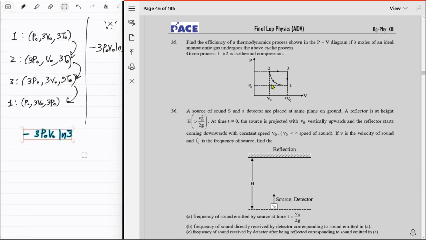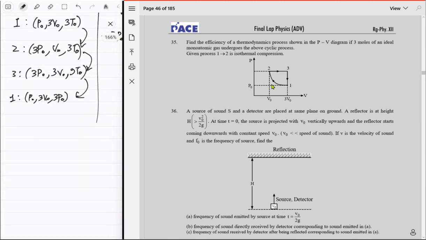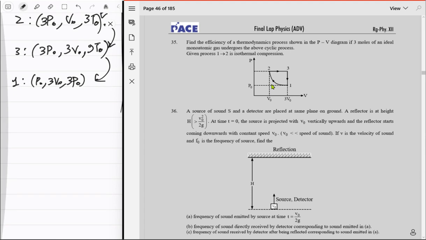सो सेकंड में क्या हो रहा है? इट्स लाइक गोइंग फ्रॉम, अच्छा, सेम प्रेशर, जस्ट गोइंग फ्रॉम V naught to 3 V naught, जो भी है. सो व्हाट्स द वर्क, इसमें एक्सपेंशन है, लाइक वर्क डन बाय द गैस इन दिस केस, व्हिच इज जस्ट 3 P naught times 2 V naught, so just 6 P naught V naught. What's the heat provided? Constant pressure is Cp delta T, right? So Cp is like what? इस केस में just